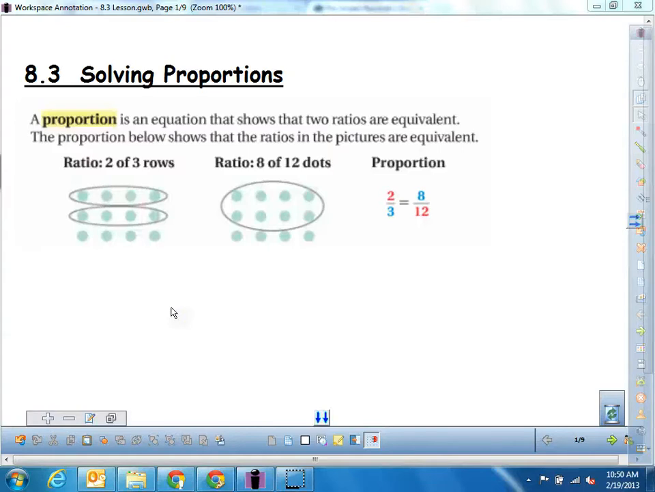Hello, today we're talking about 8.3 solving proportions, and what better thing to do when it's so cold outside than a little math. All right, today we're talking about proportions, and before we get started solving proportions, we need to know